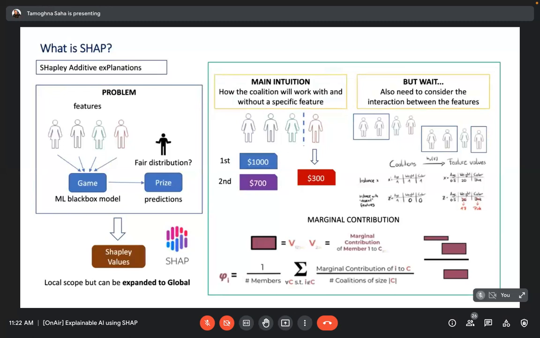Okay, so when we are talking about coalitions, what happens is that we try to map a binary or discrete distribution of all the features against the actual feature values that we have. Let me turn on the laser over here. Over here you can see this correlation. It is holding a binarized value of one, which means all of these features are currently present. So all the four members are present, and that is mapped with its corresponding feature values.